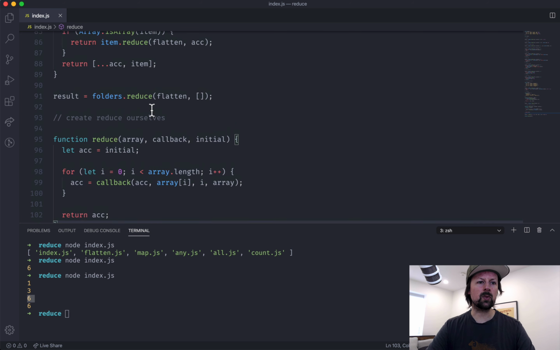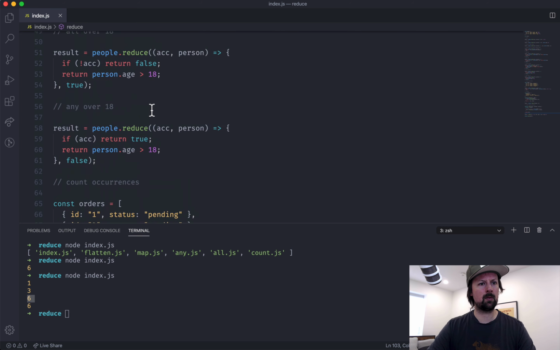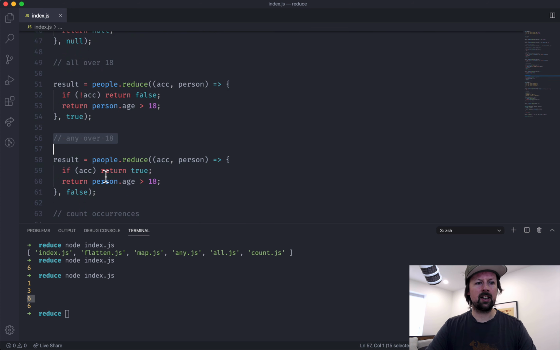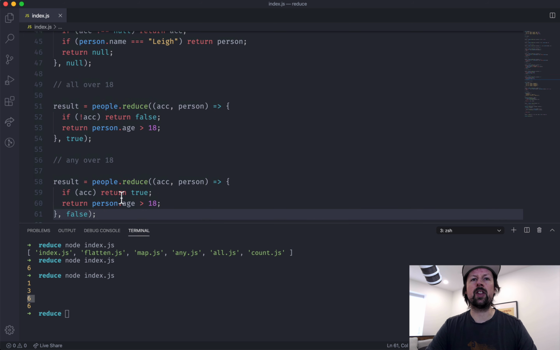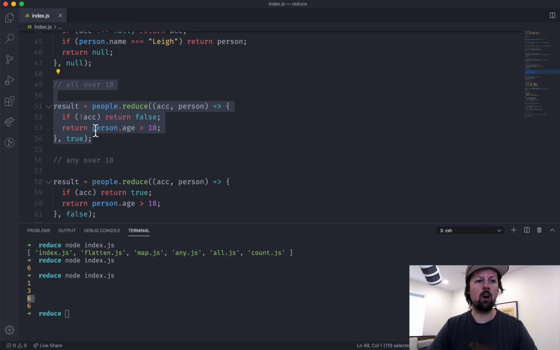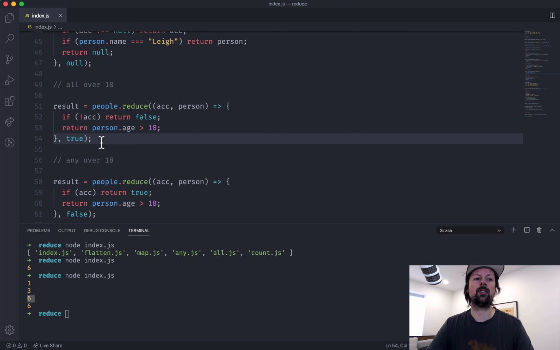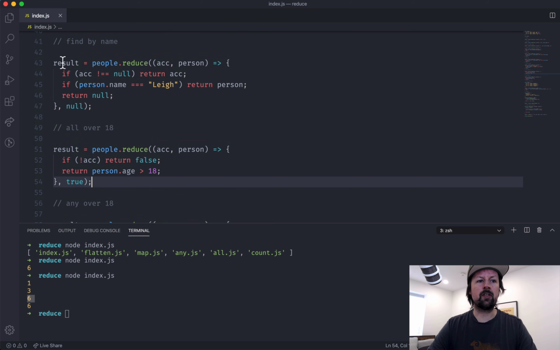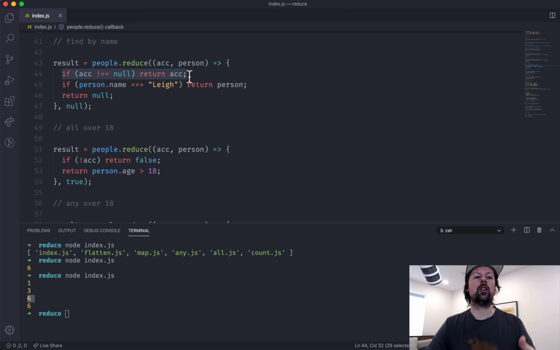Here it is. Same with a few of them, like any. As soon as you find one thing that's true, there's no point in continuously looping over the rest of the items. You can basically abort and return true. It's all good. That would make it a lot more efficient. With all, as soon as you find one that's false, you no longer have to keep iterating because it's already proven false. There's no point in going on. Same with find is what I'm talking about. As soon as we find the person, there's no point in continuing on. It would be cool to basically just say abort, here's the value,